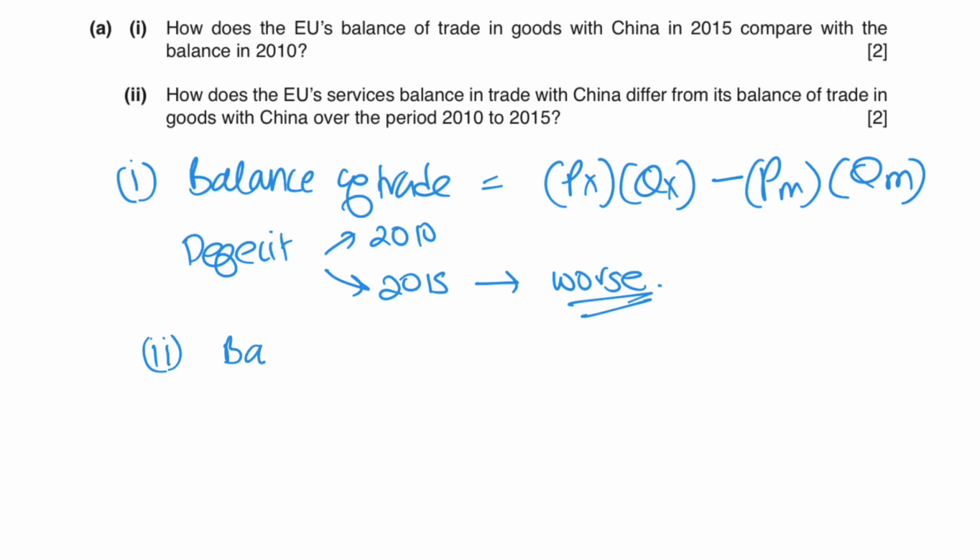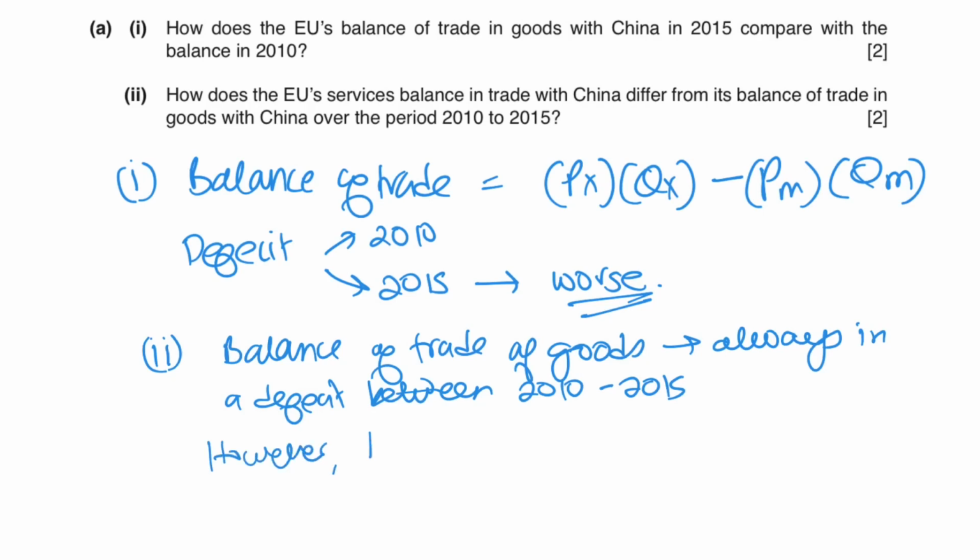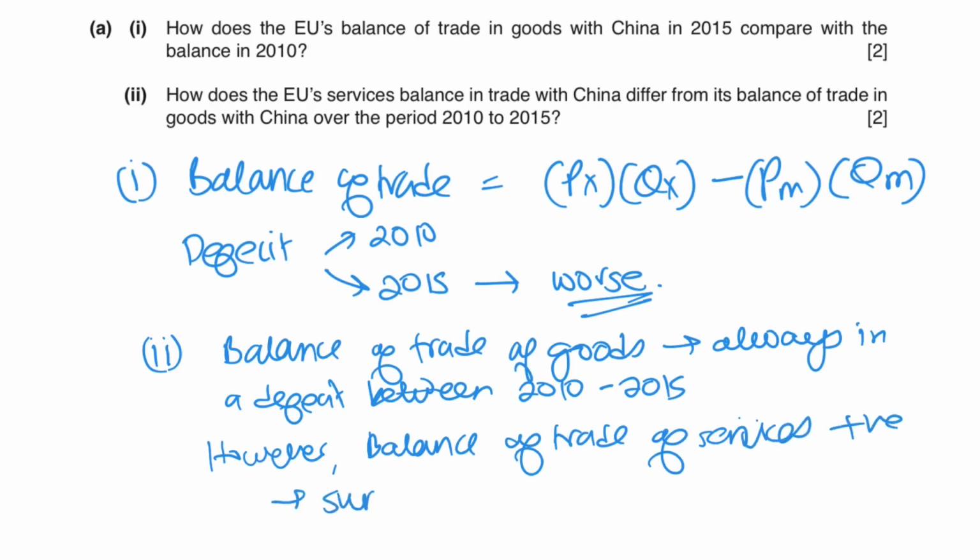So you say the balance of trade of goods is always in a deficit between the years that they're asking, 2010 to 2015. However, the balance of trade of services is positive, which means it's in a surplus between